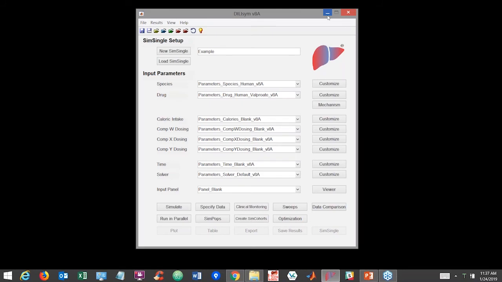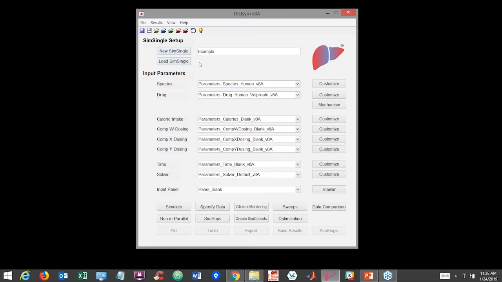Another feature that would be nice to show is the new ability to work with sim singles in a more user-friendly way, let's say. And for those of you who have created a number of different sim singles and tried to work with those sim singles in a batch type way, for example, maybe you create a sim single with a certain parameter value, and then you realize later you've got 30 sim singles and you need to change it across all of them. It's quite difficult in the current setup